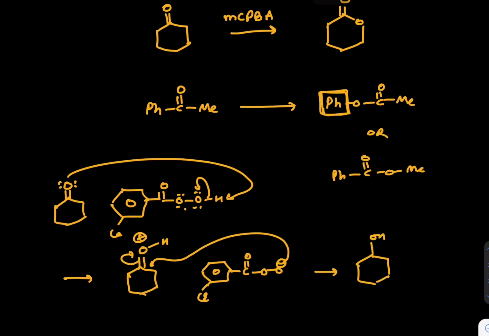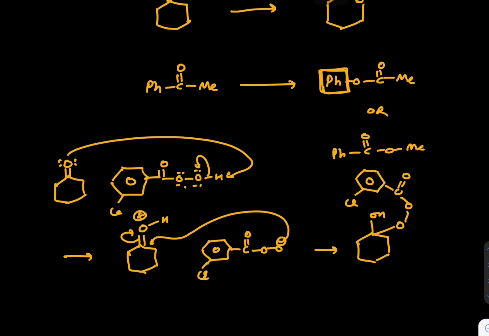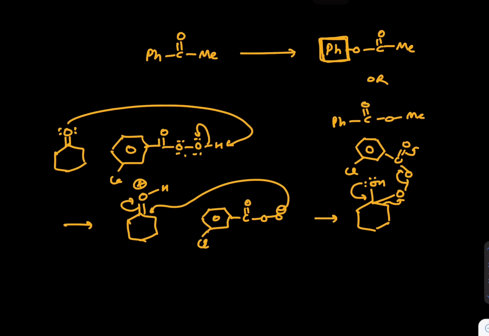We have one OH, we have one oxygen, then carbon double bond oxygen, then a ring and a chlorine at the meta place. That's what we have. So what is the possibility here? We are talking about insertion of oxygen at this place. So what is basically happening? This oxygen is going to push electrons in this way, and this is taking oxygen and this group leaves. That is what is happening in BVO or Baeyer-Villiger oxidation. Whenever we talk about BVO, this is bound to happen.